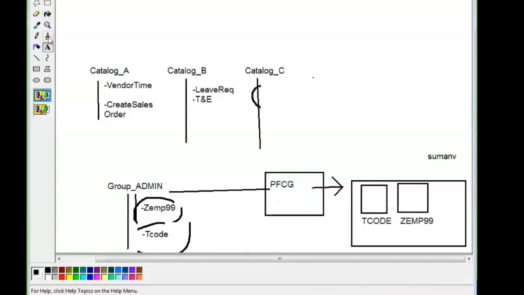So this is the 8th step, Fiori Launchpad. This is the 7th step, and this is the 6th step. Link between catalog and the group. Clear?